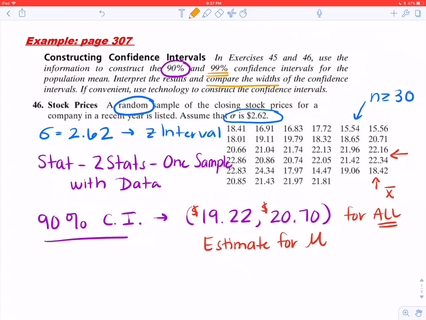Now, what I want you to do at this point, pause your video, because I want you to go ahead and work the problems in 6.1. All right, get comfortable with using StatCrunch, looking at the Z interval. Work through those problems in 6.1, at least the practice, and make sure you're comfortable with that. Because what we're going to do in 6.2